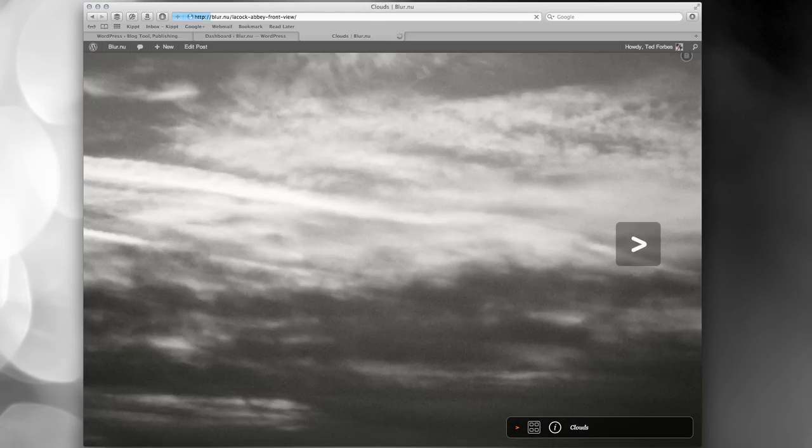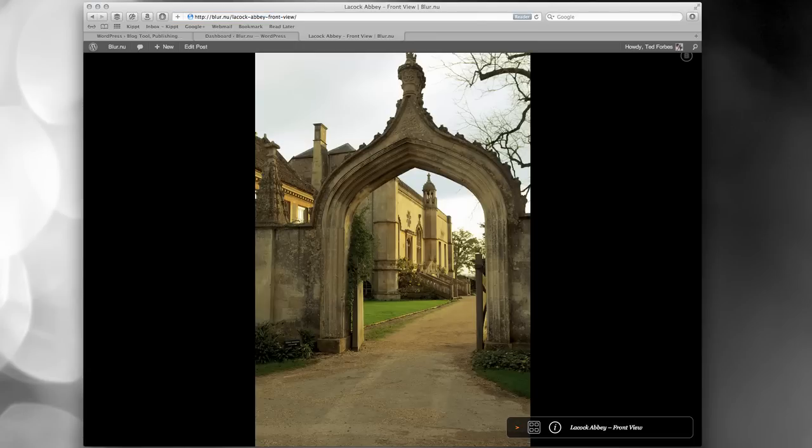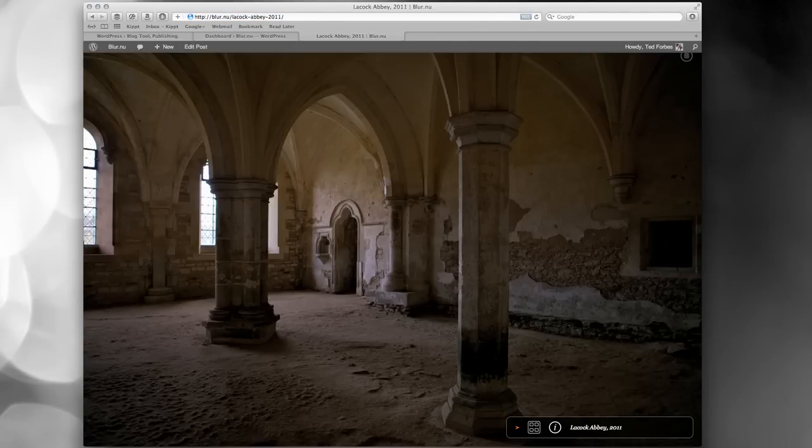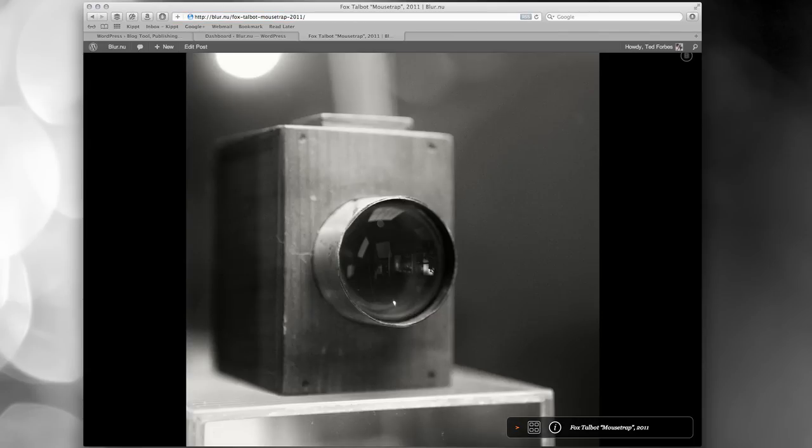And so anyway, this whole thing is experimental. The whole idea is the design is complete, and now I'm going to concentrate on experimenting with my images. So that's the front end, or what the visitor sees when somebody comes to your website.